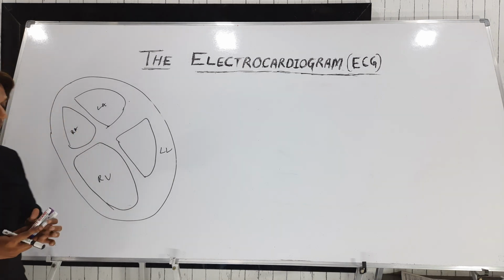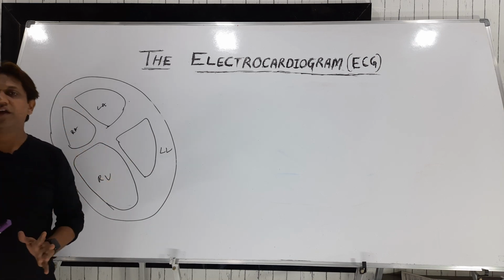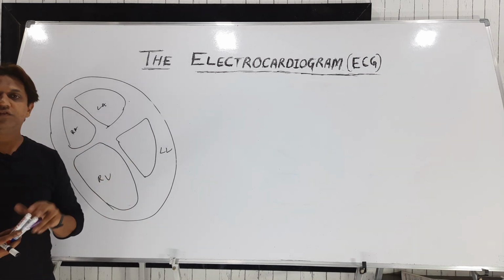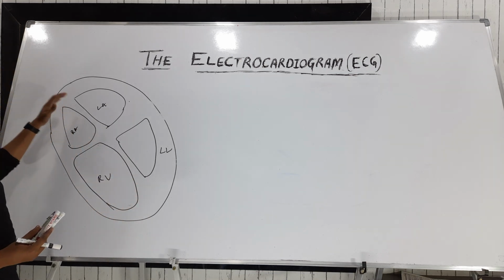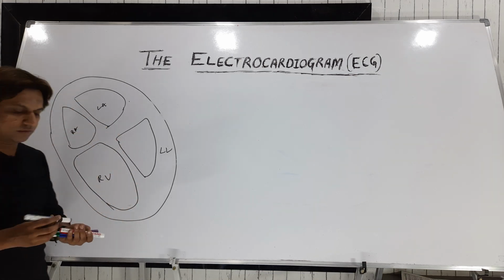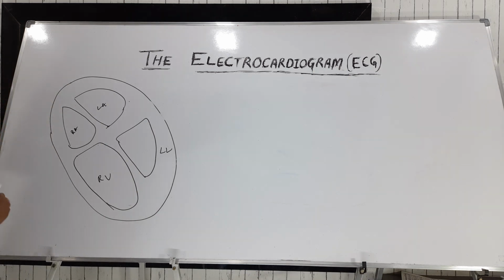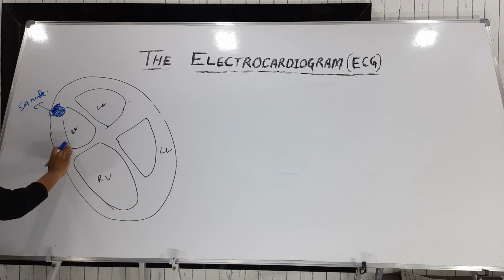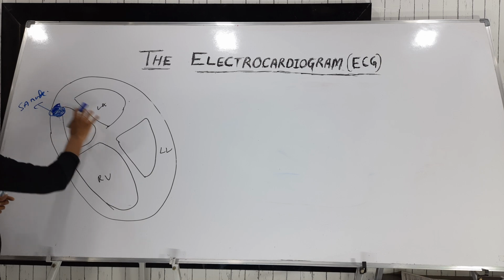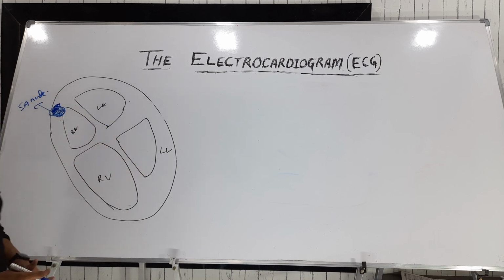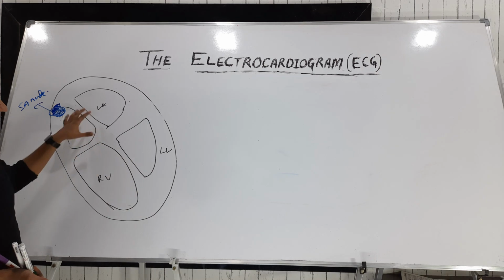Now, how the electrical activity, that is this depolarization, which is a positive current, and repolarization, which is the negative current, is transmitted in the heart, we are going to discuss. As you know, the main tissue which originates this conduction of the electrical activity is the SA node, which is usually present in the right atrium. From this SA node, the impulse is generated and transmitted to the different parts of the heart,